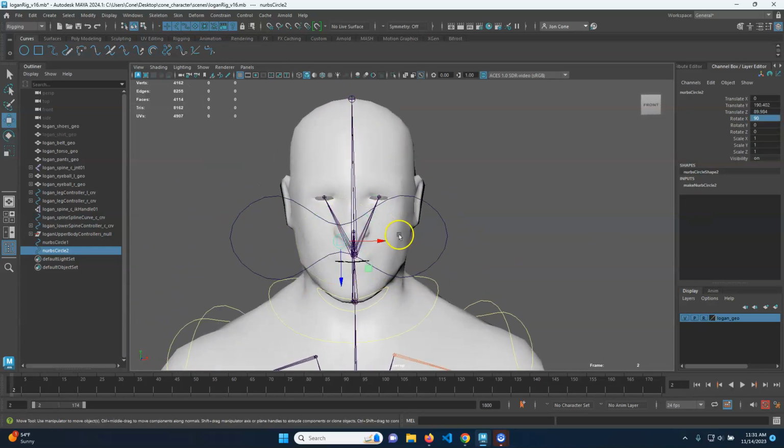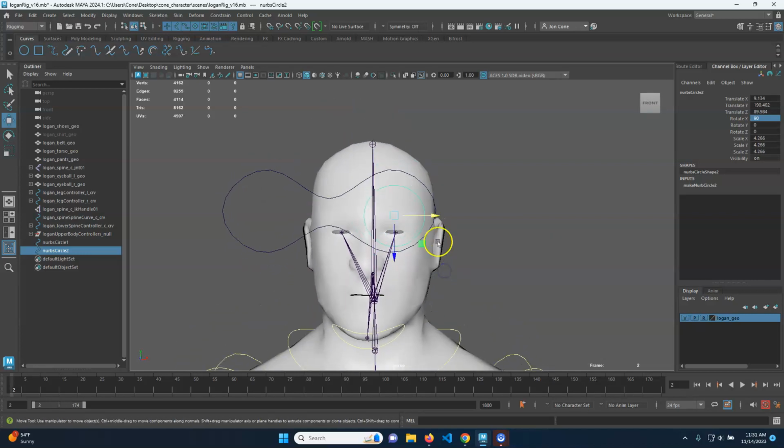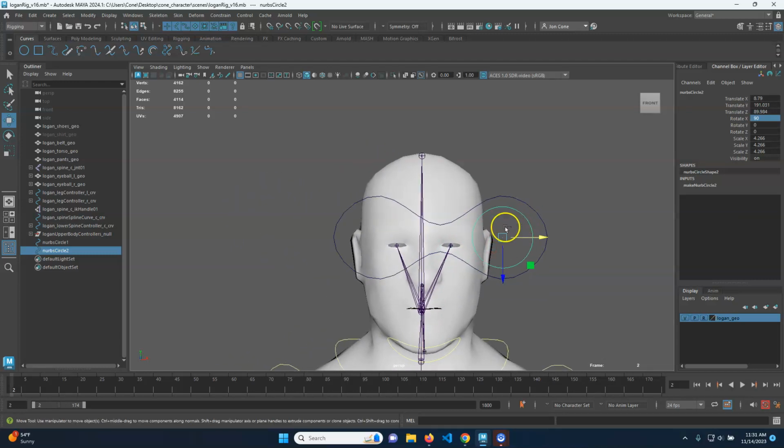So we're just going to move it over roughly like so. Scale a little bit bigger, like we'll say like that. Let's move it up a little bit. I'm just going to try and center it. Just eyeball it, if you will. Okay. Let's duplicate this, and I'm just going to take the